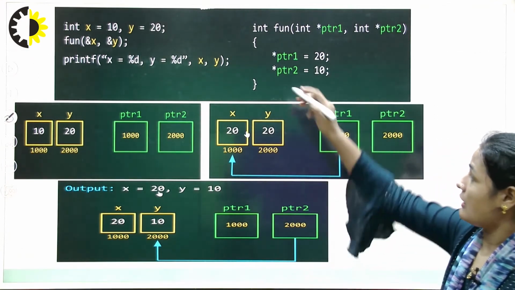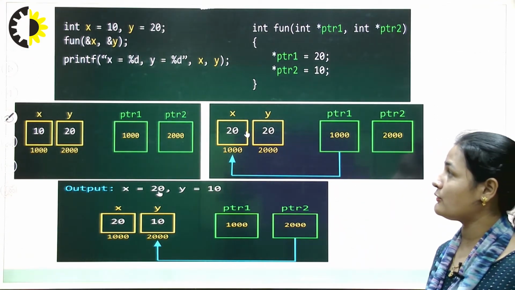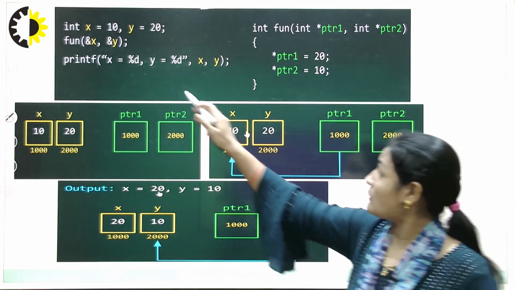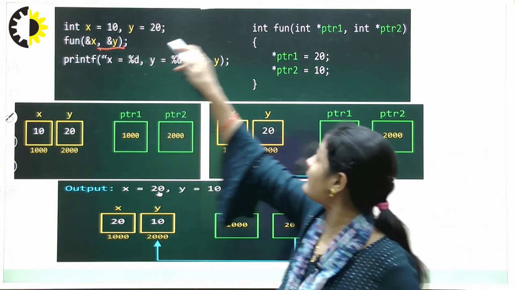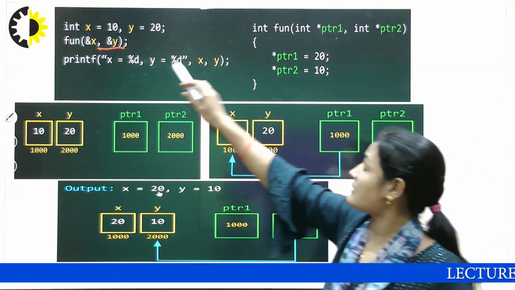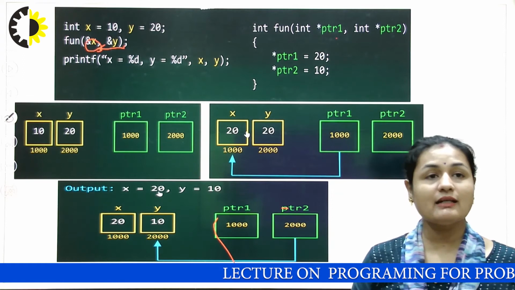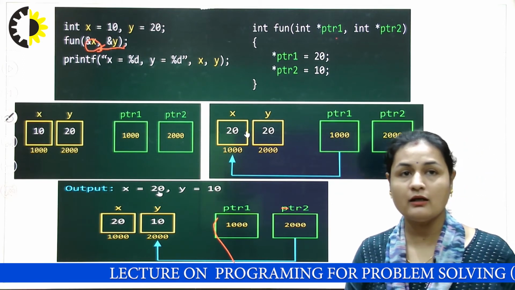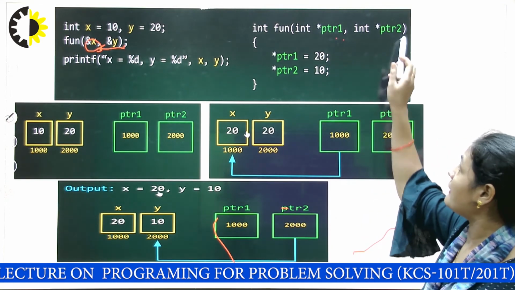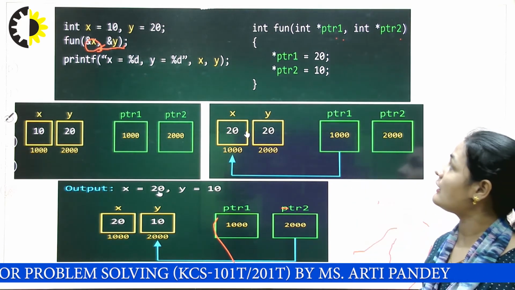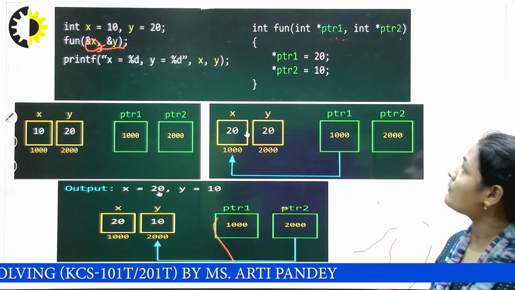So here X is equal to 10 and Y is equal to 20, and here we don't copy the values of X and Y. We just pass the address of these variables. We pass the address of the X variable and the address of the Y variable to PTR1 and PTR2. Here *PTR1 is equal to 20 and *PTR2 is equal to 10, and we want to print the values of